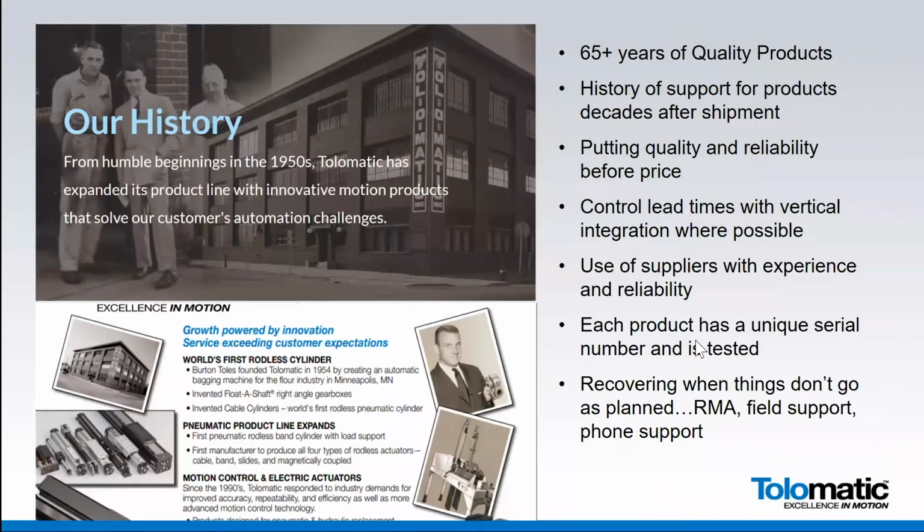So, this endurance technology mindset goes all the way back to our founder, Burton Tolles. We started in 1954. Over 65 years of these quality products that we've been seeing out in the marketplace, and really a reputation that has been built over that time frame for this type of product, this endurance technology product. So all the things along the right-hand side here, and you can read them on your own, but are really things that we've put a lot of